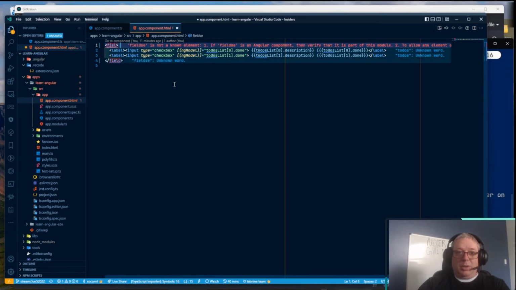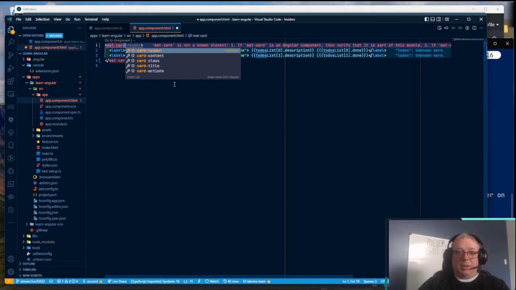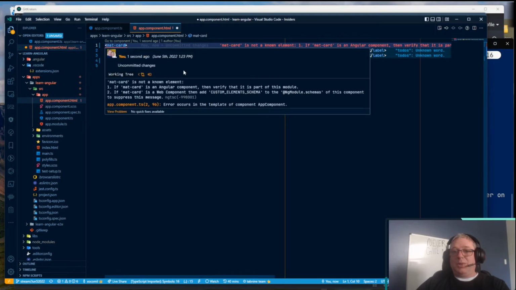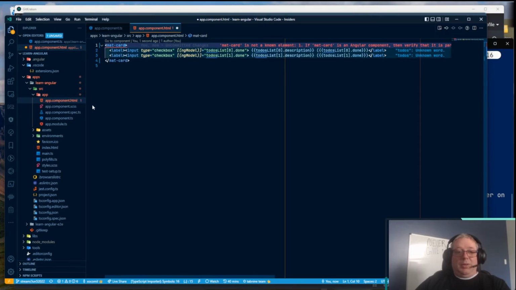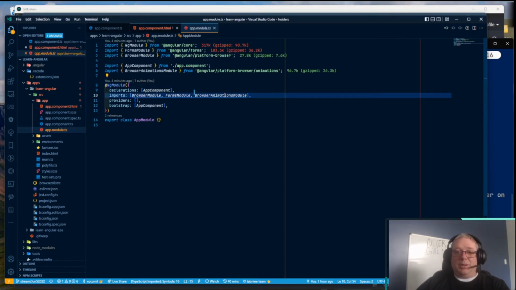And instead, we're going to replace it with a mat card. And you'll notice that it says that mat card isn't a known Angular component. You're right, mat card isn't a known Angular component because we need to go into here